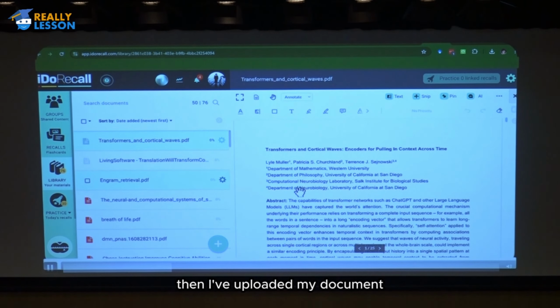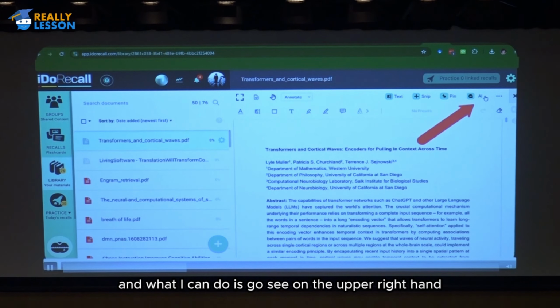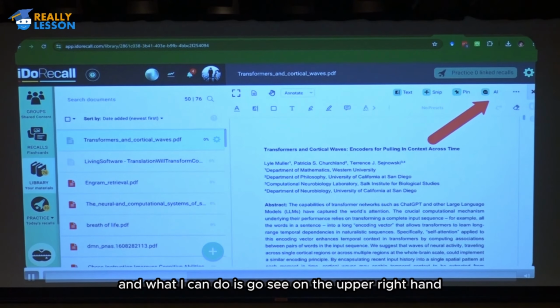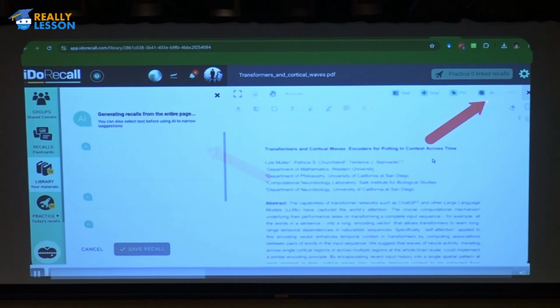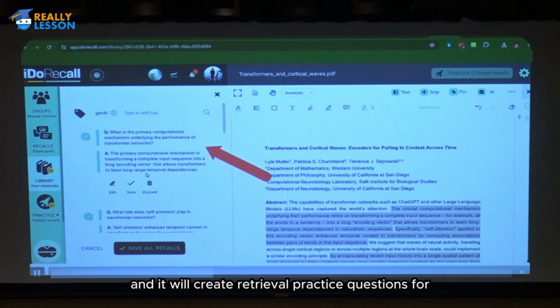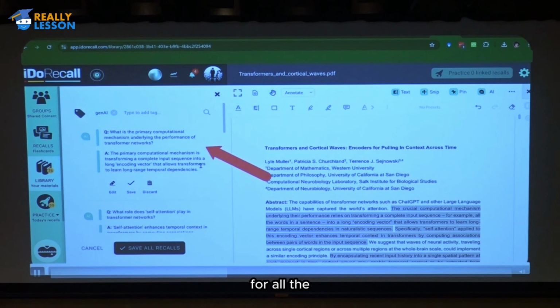Then I've uploaded my document, and on the upper right hand, see where it says AI? You press that button, and it will create retrieval practice questions for all the information that's on that page. It just does it for you automatically, and they're really helpful and good retrieval practice questions.